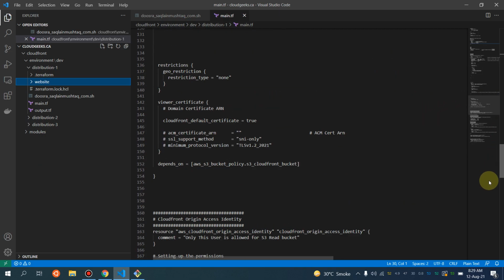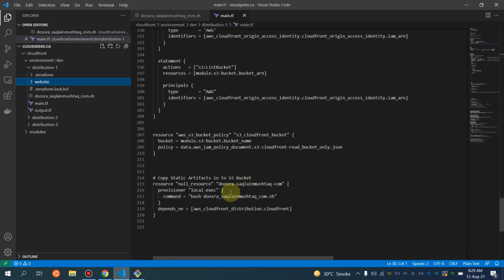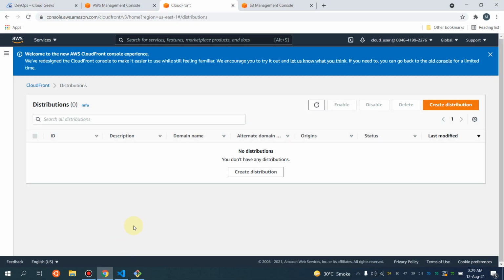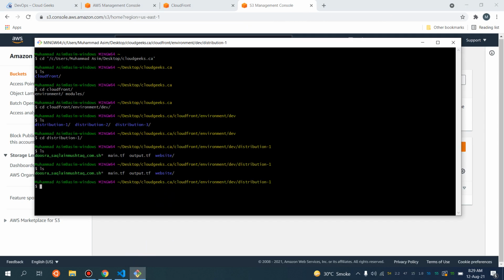Once the deployment of the CloudFront distribution is completed, I will be using the local exec provisioner, and it is going to automatically copy my static website to that particular bucket. So currently we have one bucket at the backend. This is the backend we are using for our Terraform state file, but it is going to create one more bucket. So if I do Terraform apply,